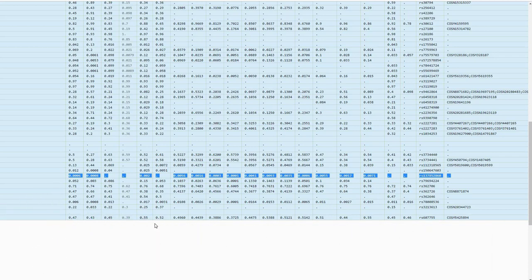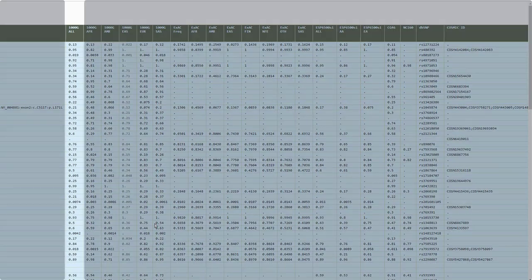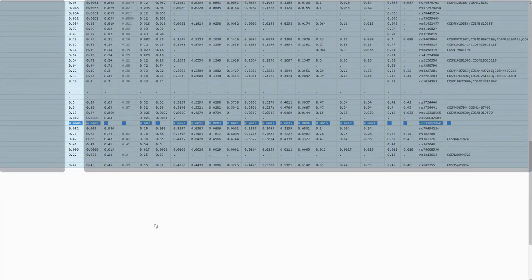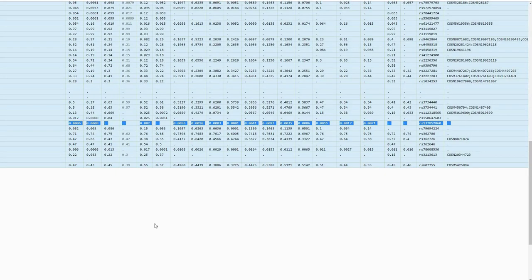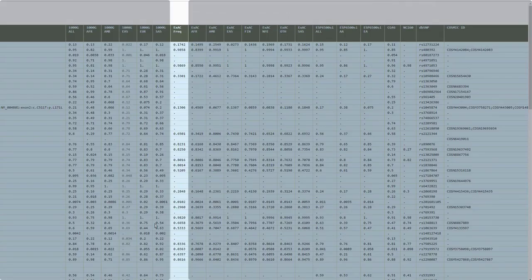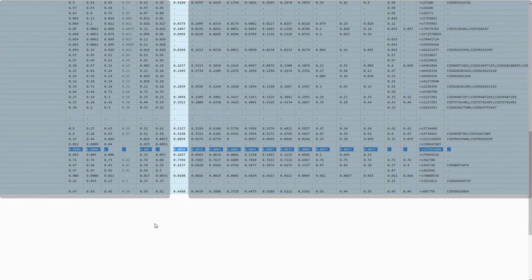According to the column 1000g_ALL, this variant has a very low minor allele frequency of 0.0006, and based on the column ExAC_Freq, the minor allele frequency, that is 0.0056, is low as well. This indicates that this is a rare variant.